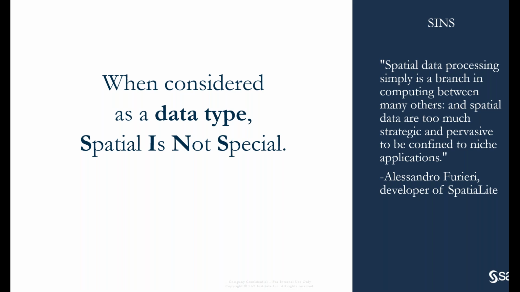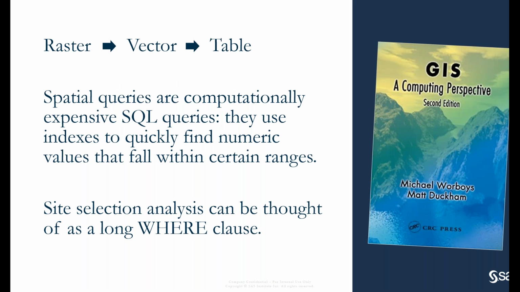So anyway, you get the idea that spatial data isn't all that special when you just think of it as a data type. Here are some examples that I came up with. These come from the book by Michael Warboys, who's got like the best last name ever. It sounds like you're reading a Mad Max novel while you're reading about R-tree indexing and stuff. It's very odd. Anyway, you can think all raster data can be translated to vector data, which can be stored as a table in a database. At the end of the day, it's all a table.